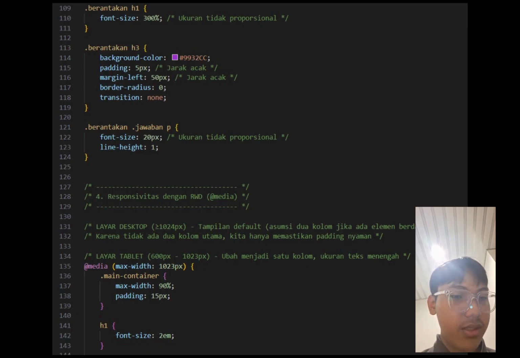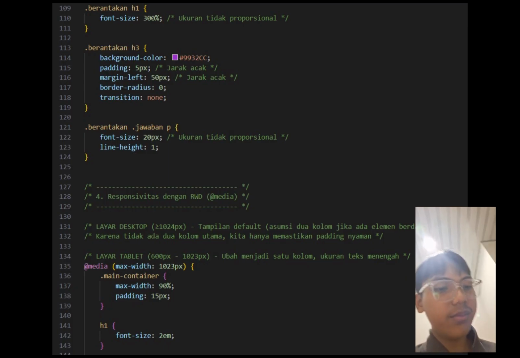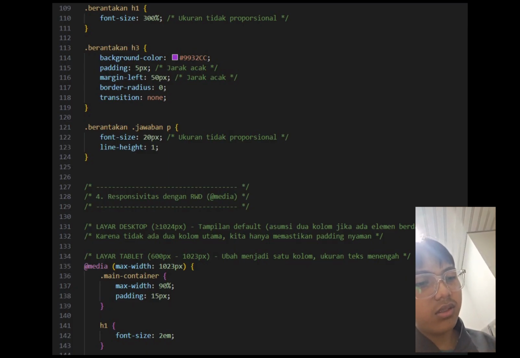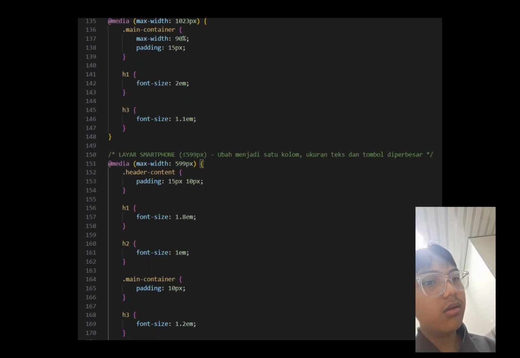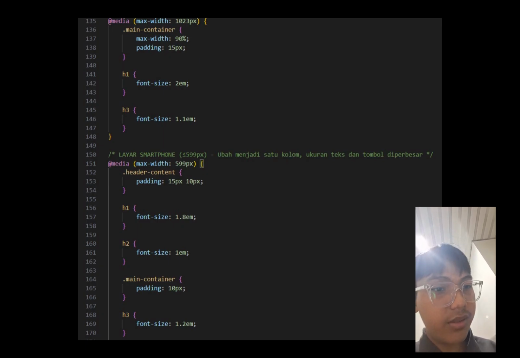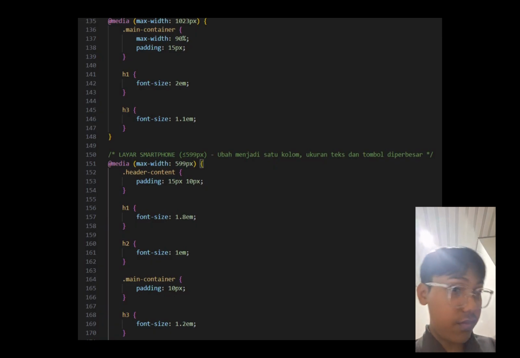For the main container, we have max width 90%, and the padding equals 15 pixels, and for the H1 in our responsive web design, we have the font size at 2 centimeters. Then for H3 we have font size 1.1 centimeters, and we make another responsive web design for the smartphone